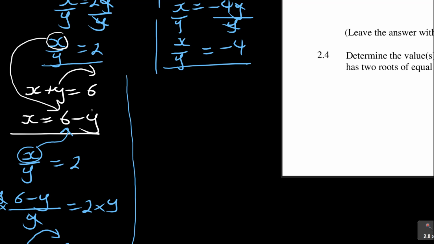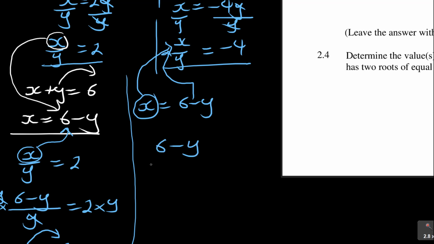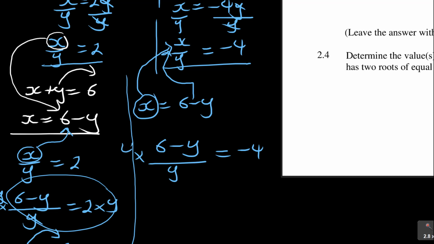Here, remember you said what is x? We say x is equal to 6 minus y. You are going to take that x that is there to substitute with 6 minus y. So you have got 6 minus y over y, just like we did here. You are saying equal to what? Equal to minus 4. Do the same thing, multiply by y,